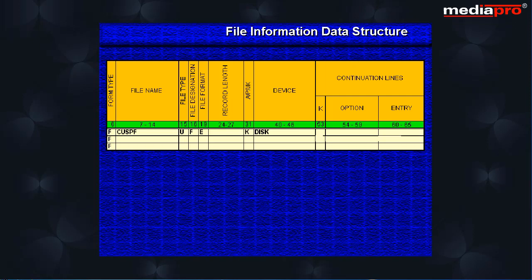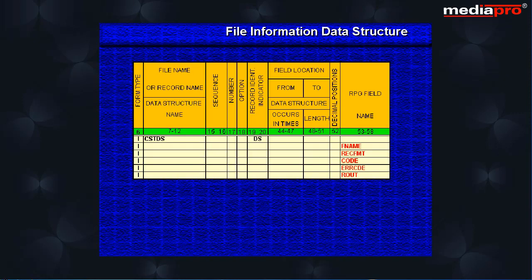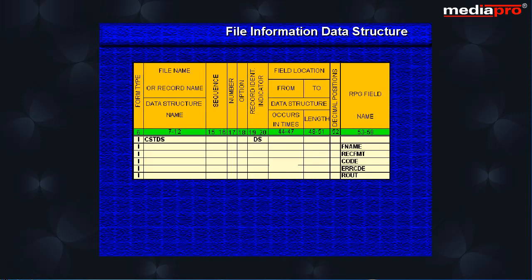To define a file information data structure for a particular file, we specify the INFDS keyword as a continuation option on the file description specification. In columns 60 to 65, we specify the name of a data structure. In the I specifications, we define the fields of the data structure. IBM has provided some special values that can be used in the from and to columns to refer to frequently used fields. The special values are